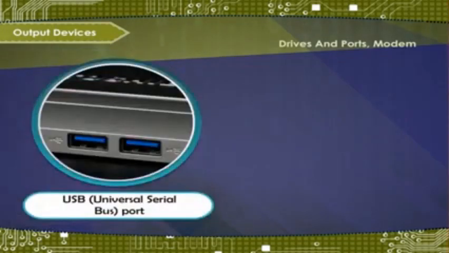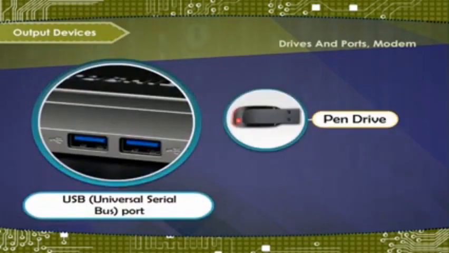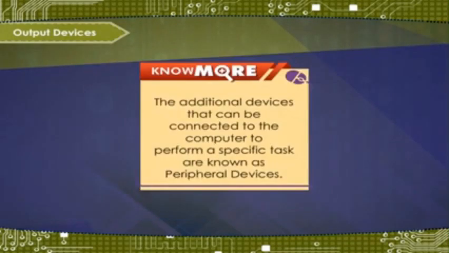USB, universal serial bus port. This device is used to connect a pen or flash drive or any USB device. The additional devices that can be connected to the computer to perform a specific task are known as